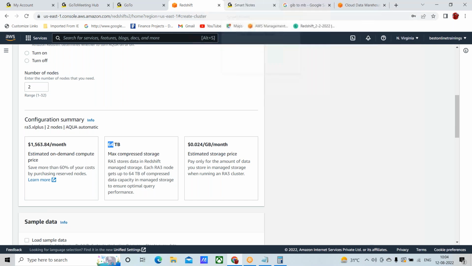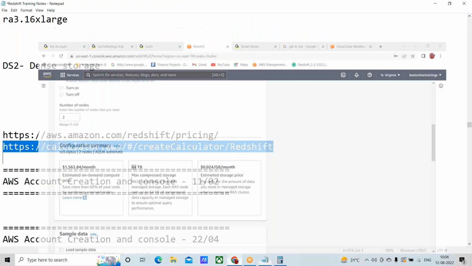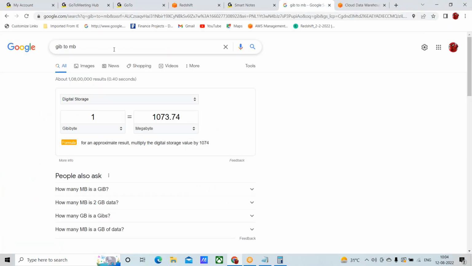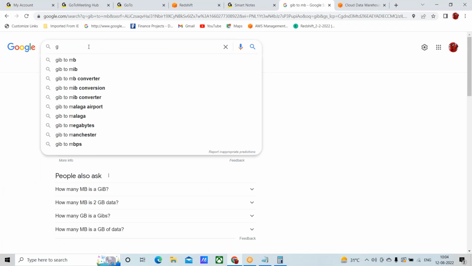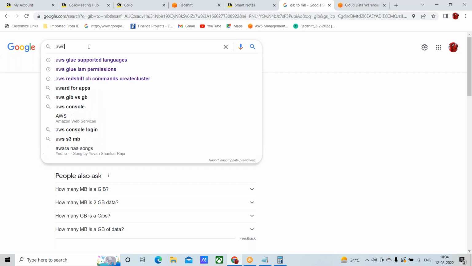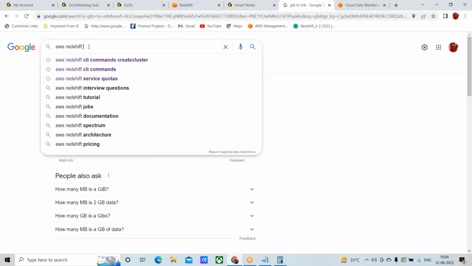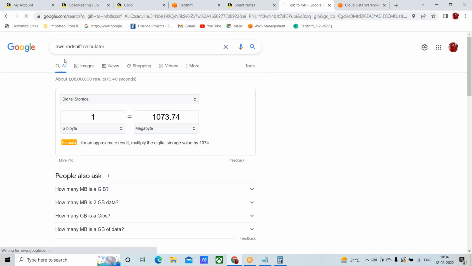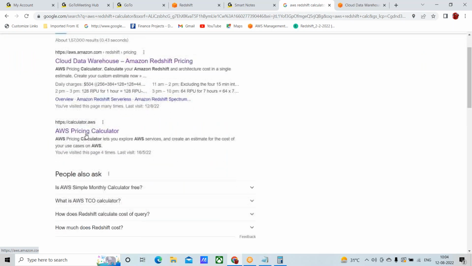Now, I can better explain with another example. Just type in Google Redshift calculator. Everything is on Google. AWS put this so that customers will use it. So type AWS Redshift calculator or cost calculator. You can type anything, so easy. Open this link, AWS pricing calculator, and in that,